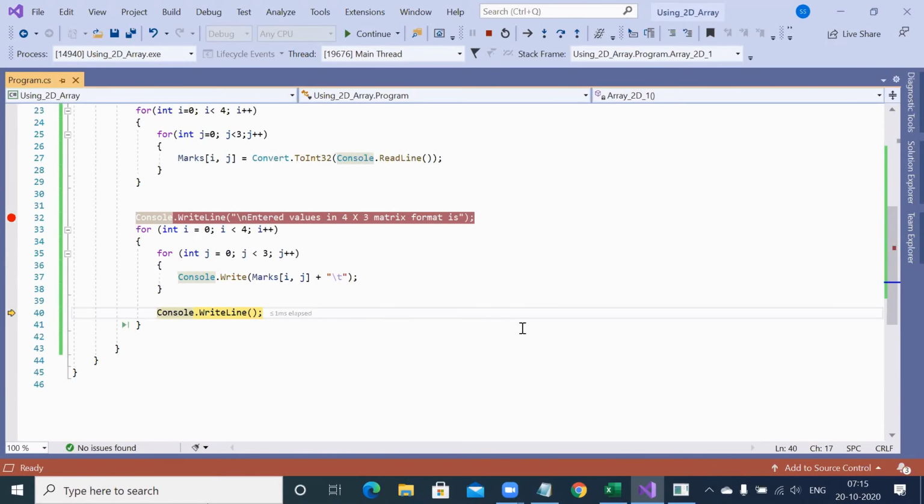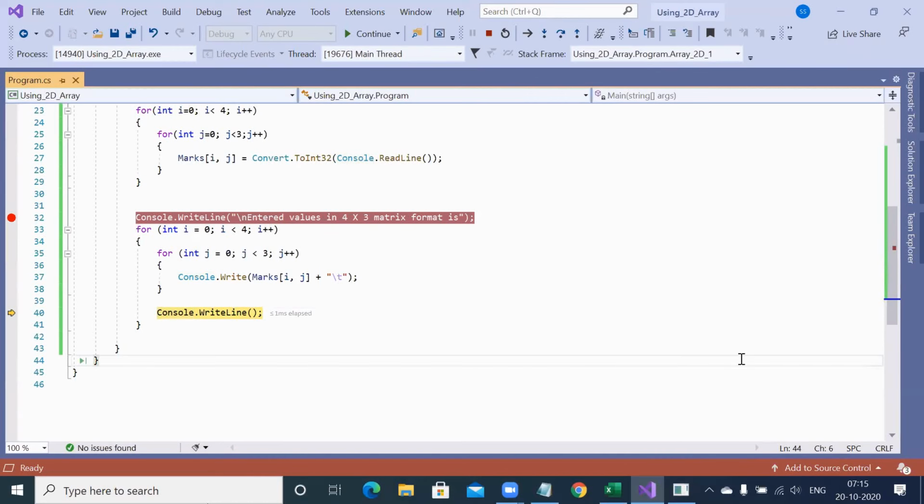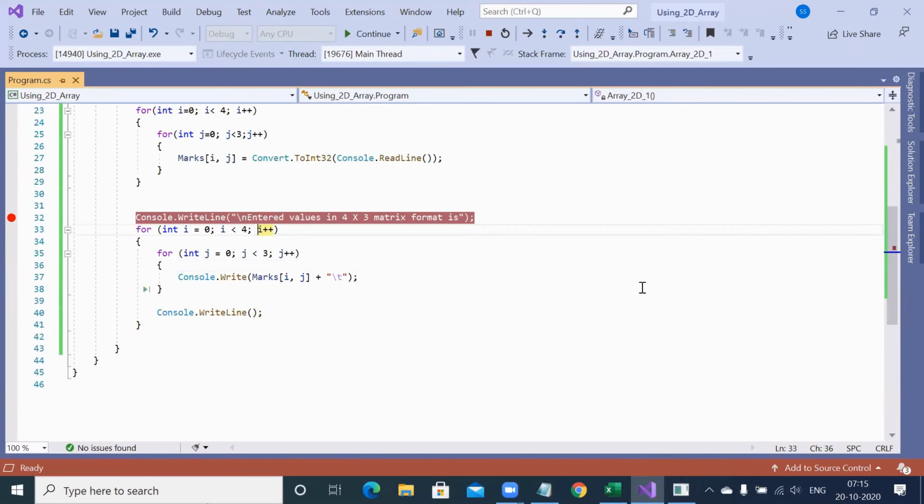When J becomes 3, again it came down. As of now, my cursor might be blinking in the second row same line. But the moment console.write line is executed, the cursor will come down to the third row. And so on. When I will be again 2, J will be 0, 1, 2, and then break the line.